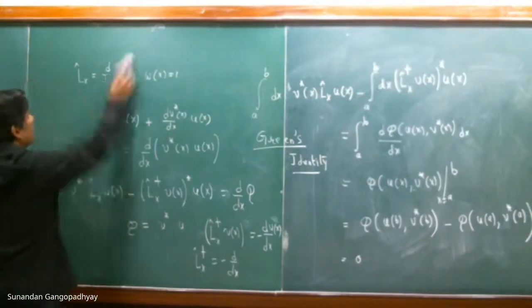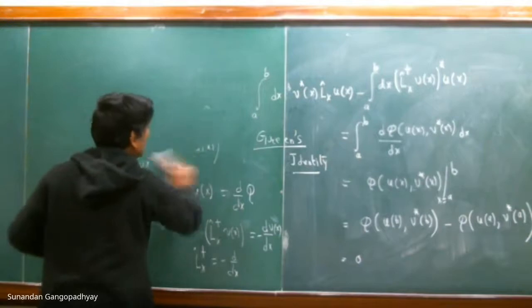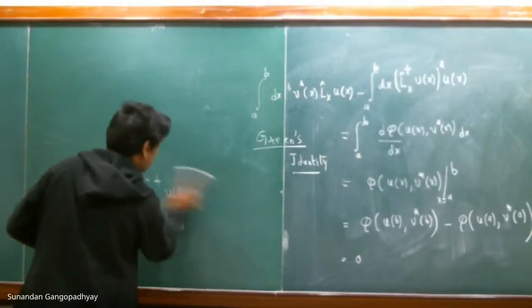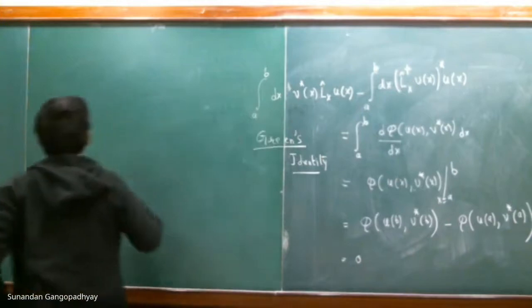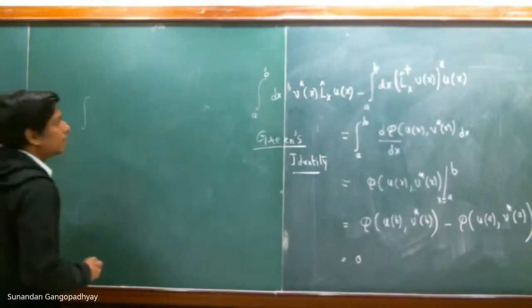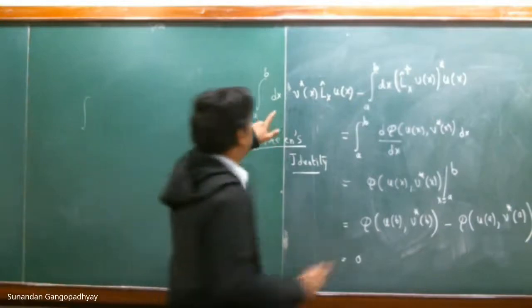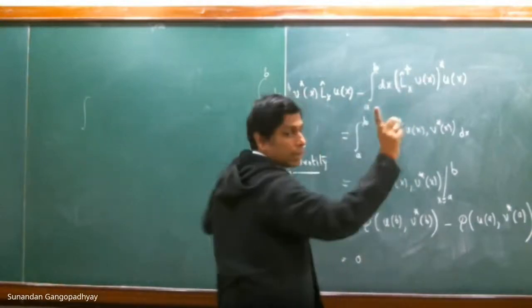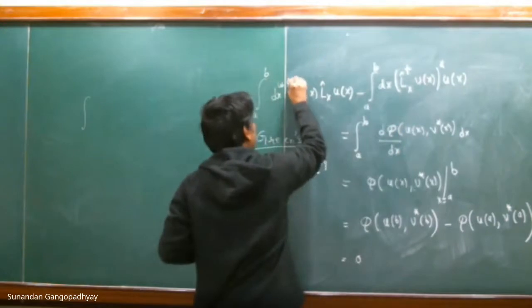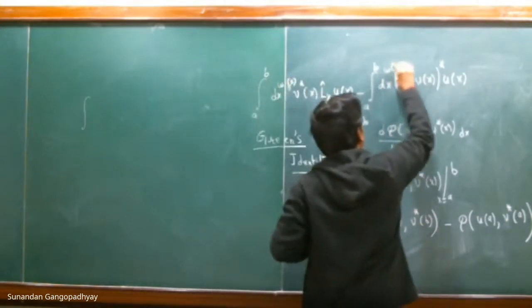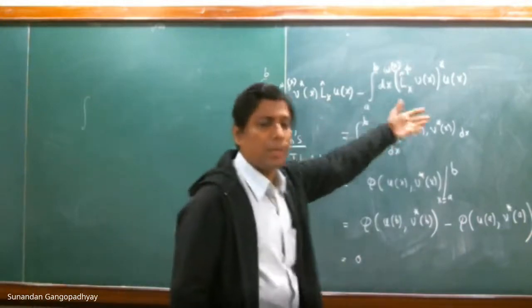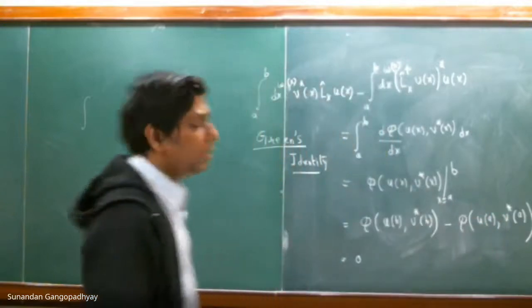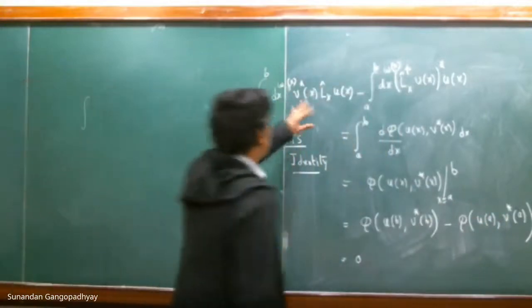Now, once again, we shall use some bracket notation to write this in a nice form. Let us look at this term. By the way, in the Lagrange identity, you also have a weight function. I missed the weight function. So keep in mind that you have a weight function W of x. This is the most general. The weight function can be 1, as we have just seen in the previous example. So please keep the weight function.